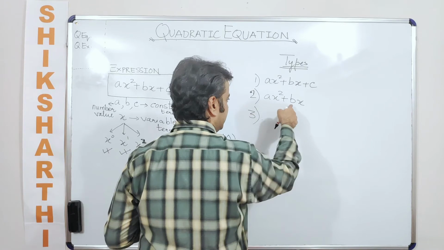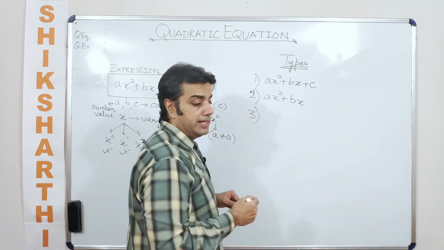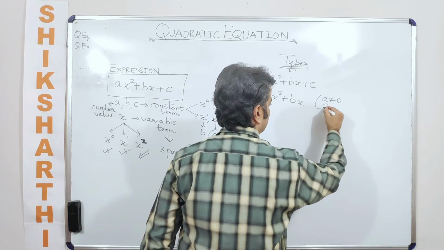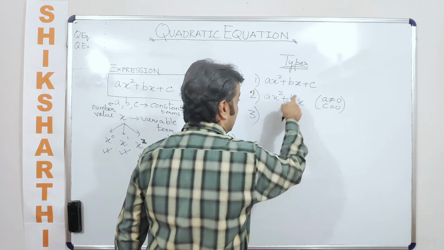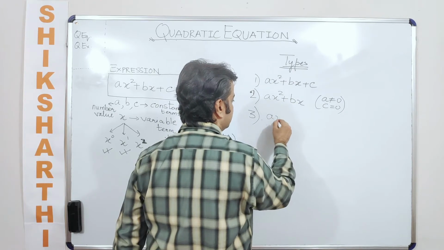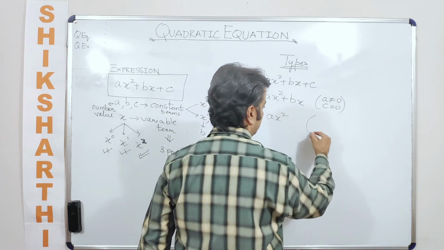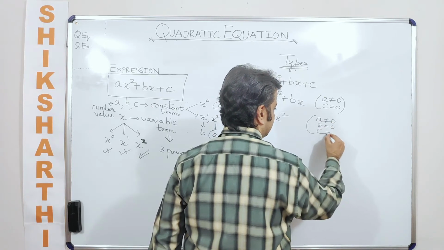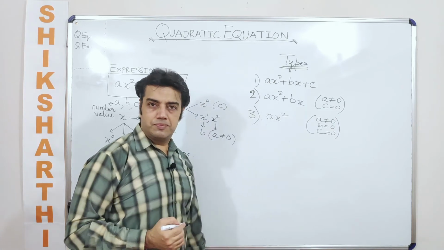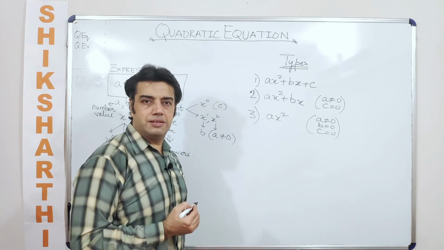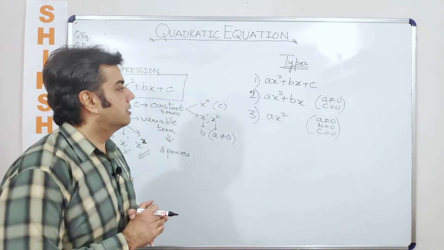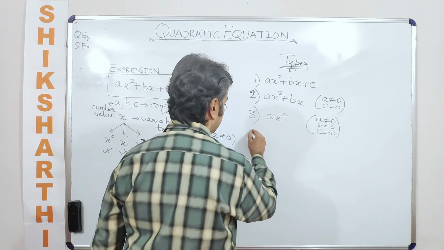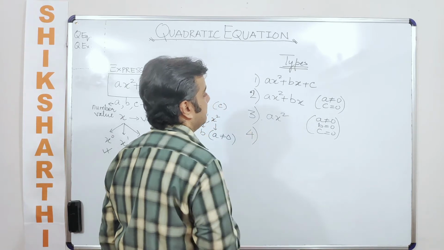Third, I eliminate b. Now when you are eliminating b, that means what are you saying? Here a is non-zero, c becomes equal to 0. Again, now in the third case you can eliminate b as well. So which is just like saying what? A is non-zero, b is 0 and c is 0 in this case. Right? Okay. Now what is the fourth type here? The fourth type here is,